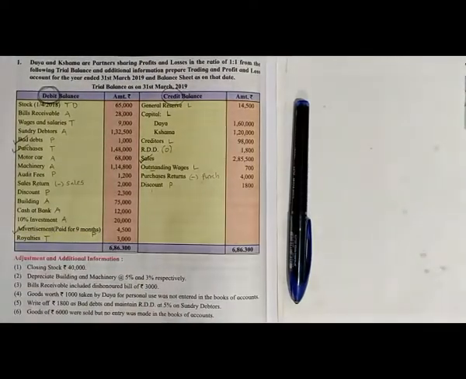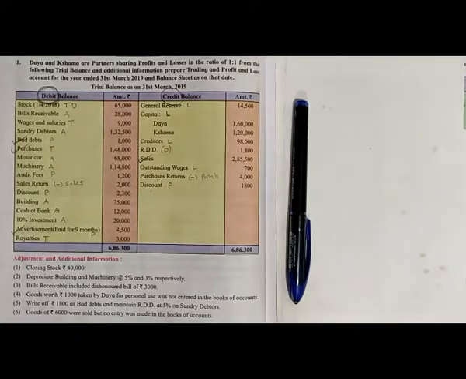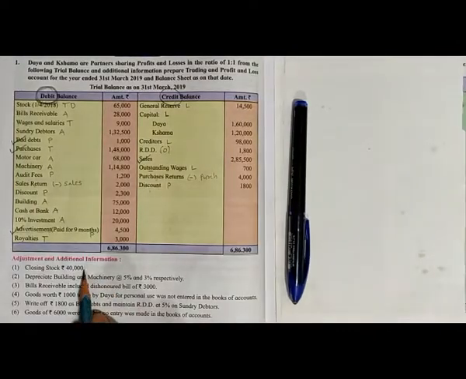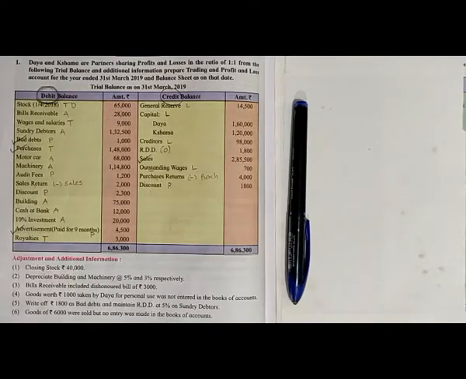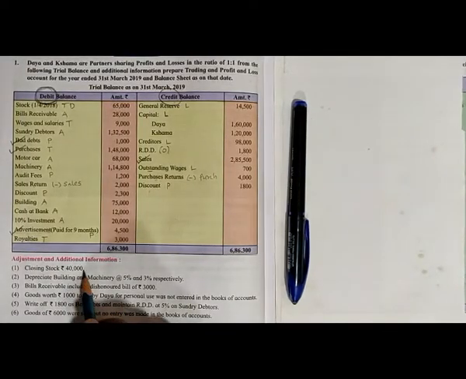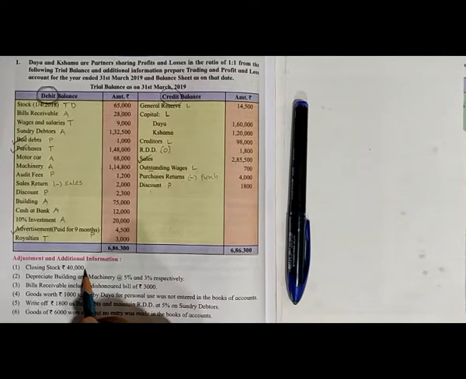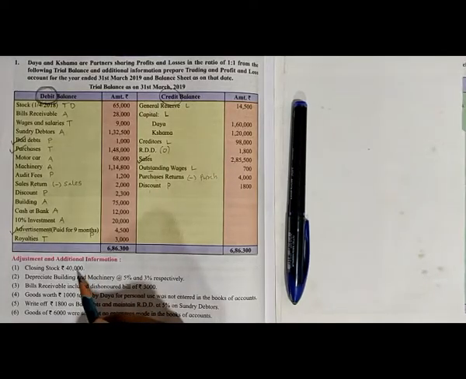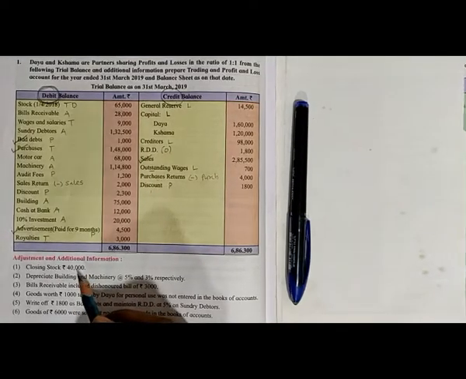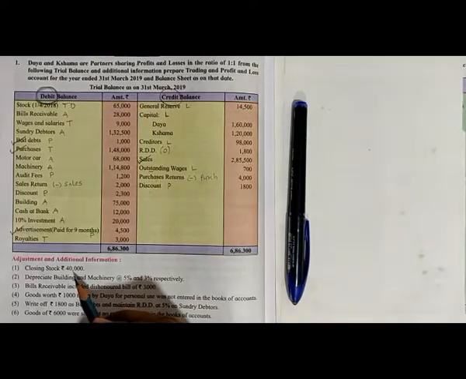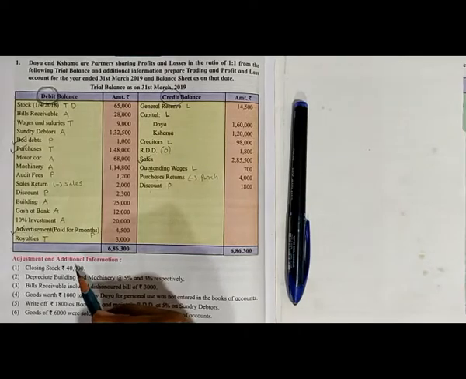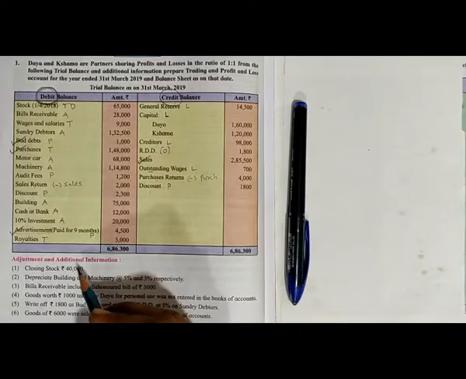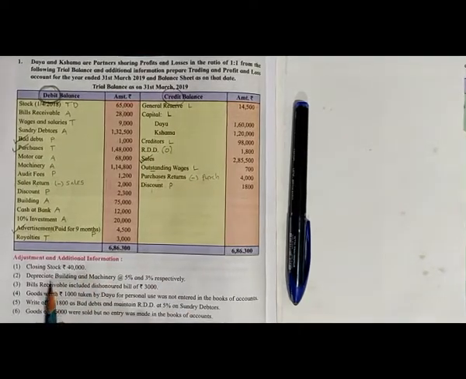Let us move ahead with the adjustments. Very first adjustment is closing stock. What are the two effects for closing stock? If you remember, this is the adjustment concerned with goods. So one effect must be given to trading account, and as there is a closing stock, it is considered to be an asset of the business. So we will record it to balance sheet asset side. So no tick required for this adjustment.